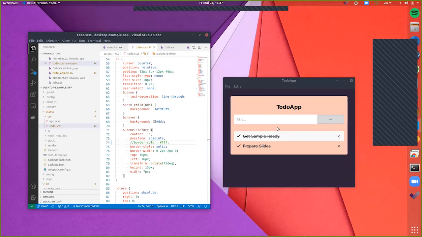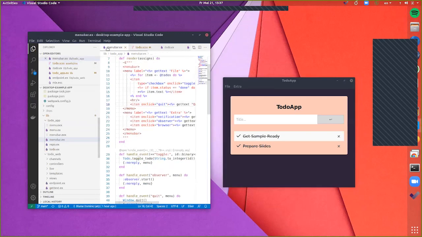We can also do notifications on the desktop. So there's an extra, just show a notification. And up here it says, hey, this is my sample desktop Elixir app. And I can click that and it says, well, you did just click on me, you did dismiss me. And that's also handled in the menu bar that we just saw. So we want to look at that real quick.